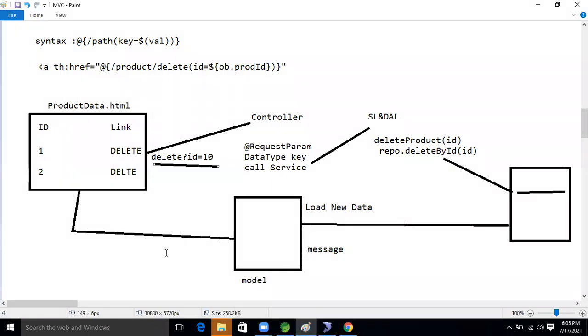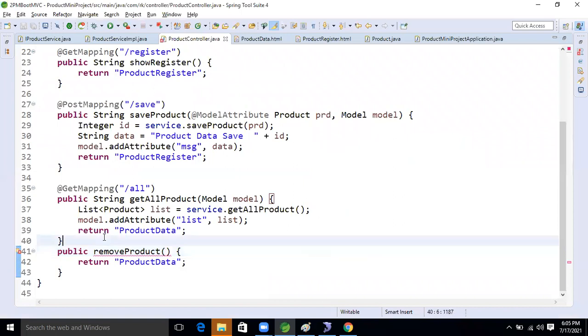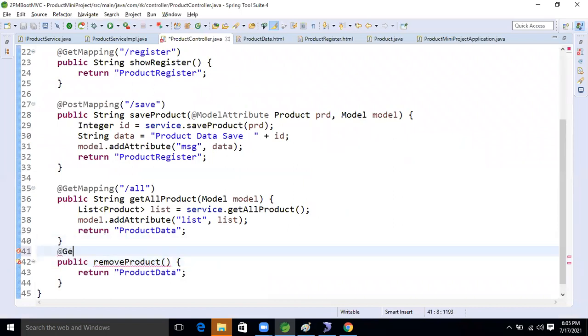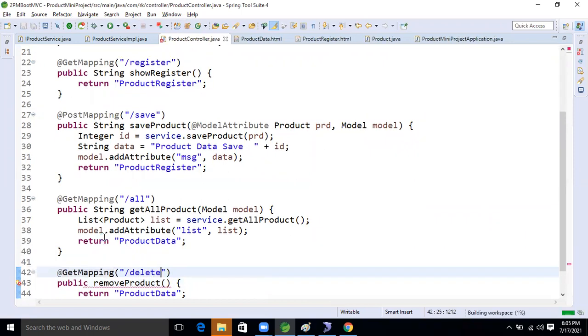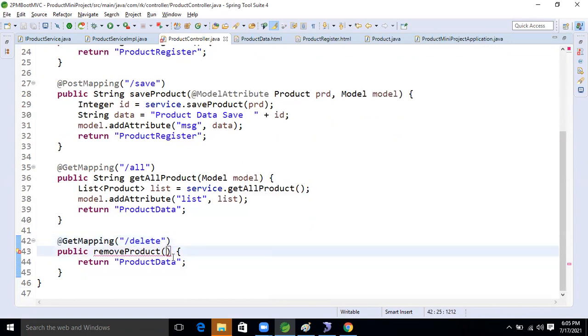Here, first let's take a get mapping. No need for delete mapping, so here we take get.